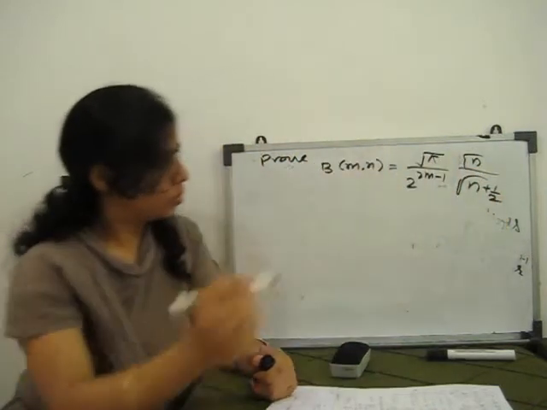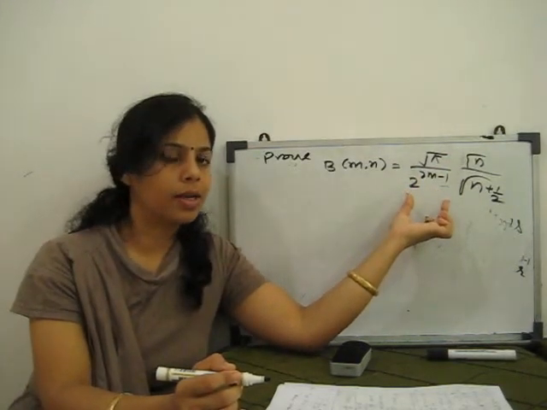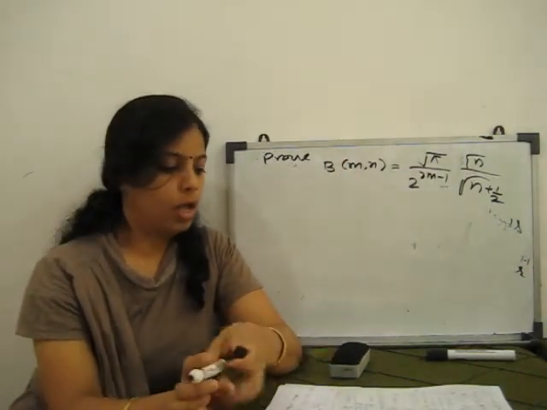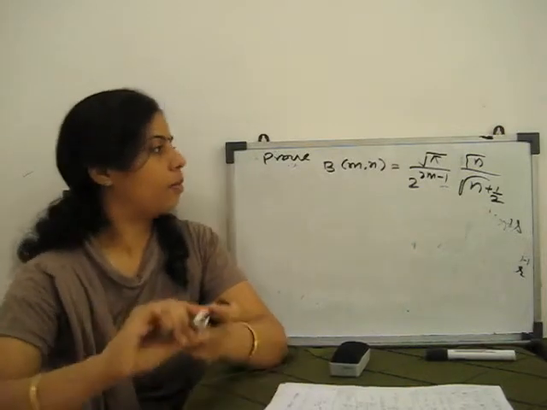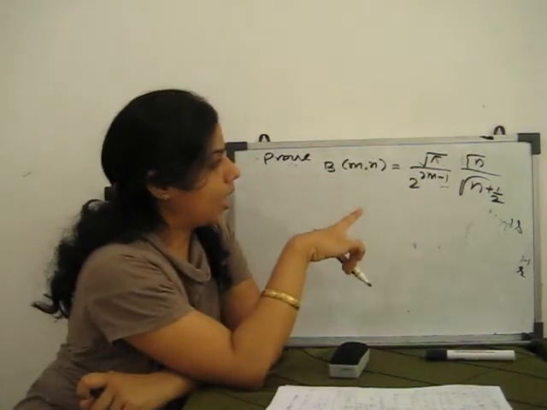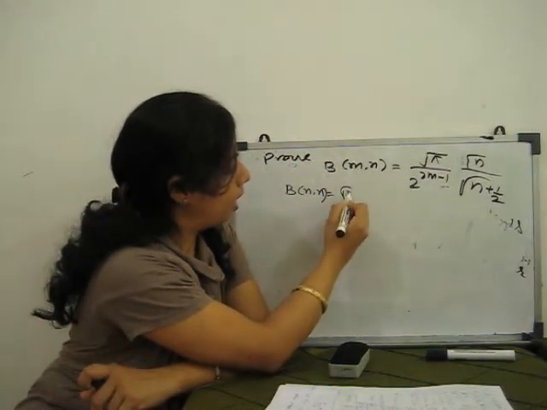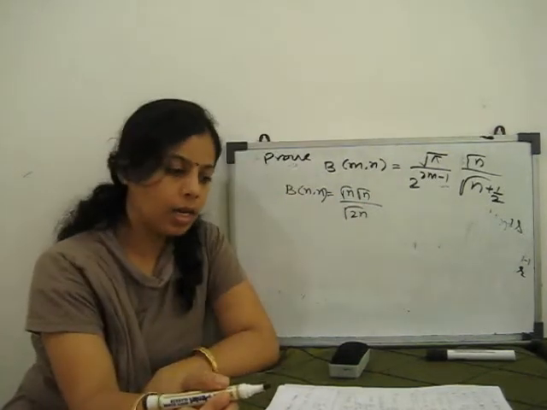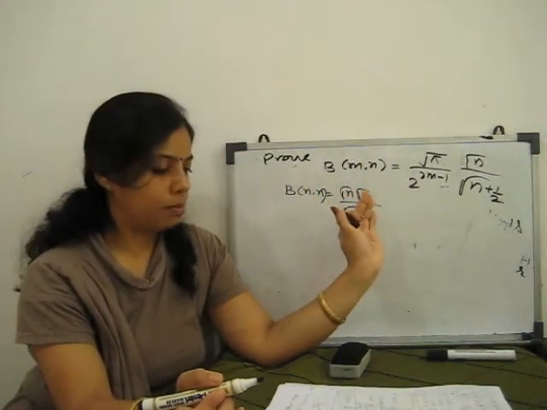plus 1 by 2. See, this part is a little bit similar to the duplication formula. So we keep in mind that this problem is based on the duplication formula. What should we write? First we write the relation between beta and gamma function, but when we use the duplication formula, we use only one parameter, either n or m. So if we write beta of n comma n, it is gamma n gamma n upon gamma n plus n, gamma 2n. Clear? Gamma m means at the place of m we substitute n here. So this becomes this.